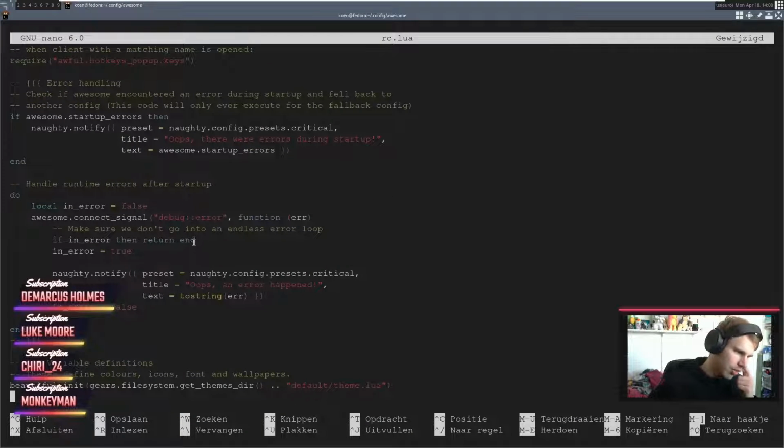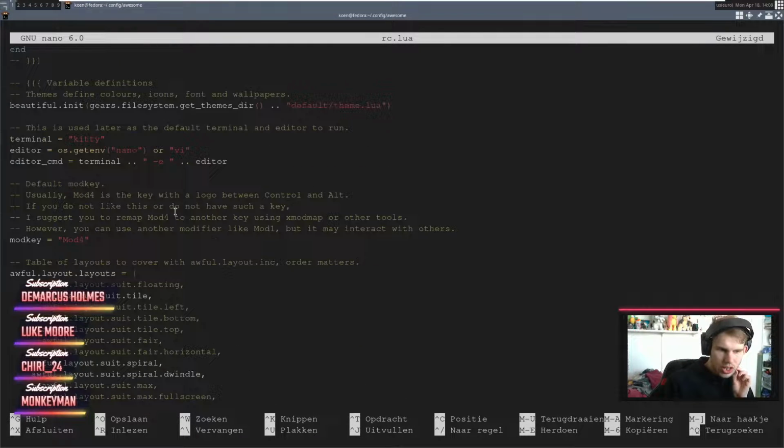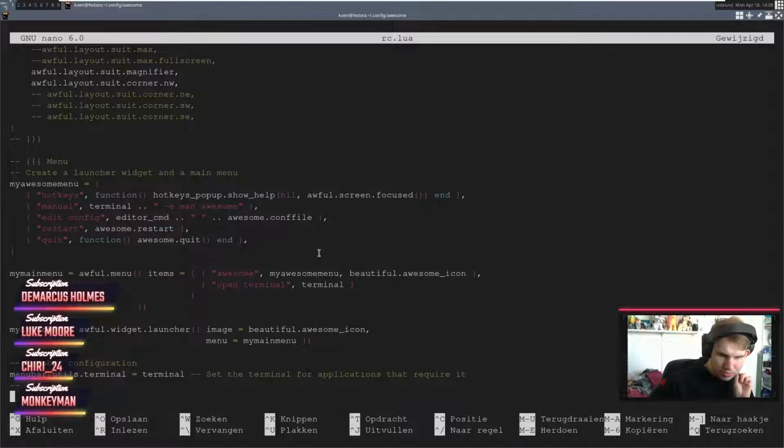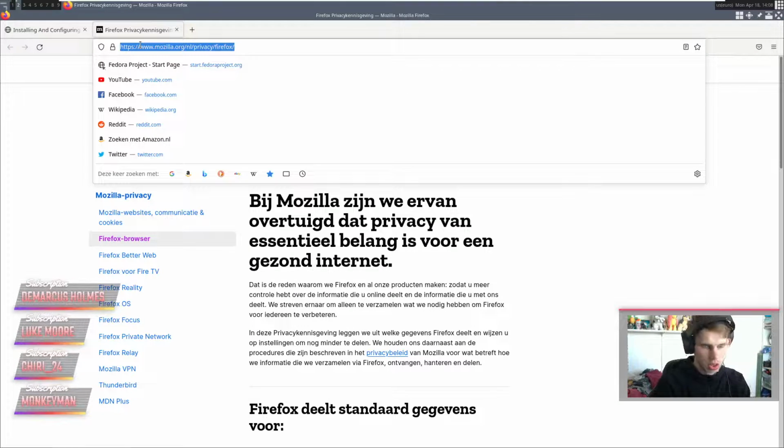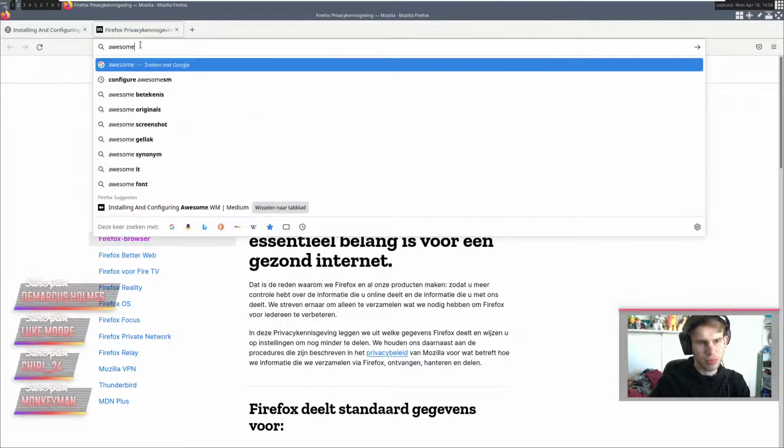Actually, I just realized something. I could actually do all of this. But I also want to do some theming, which is going to be a tad difficult if I ever wanted to... Let's actually check something out.